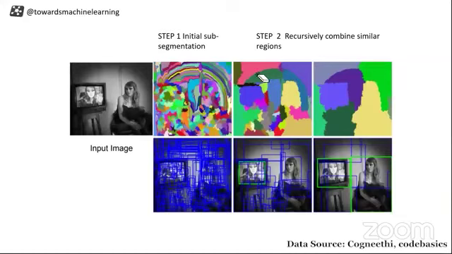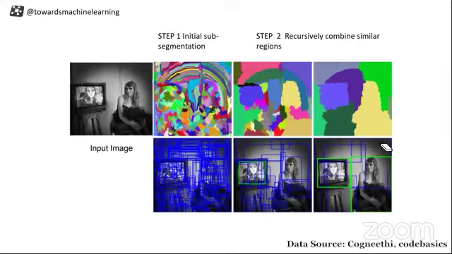So look at this. Just look at this, how intelligent it is. In the next step, it is again iterating, and it is able to reduce the number of segments, and you can see the segments. And now you have the region of interest. You can just send this portion, maybe this color of portion, and you will be able to detect that here it is a television, and here it is a lady.